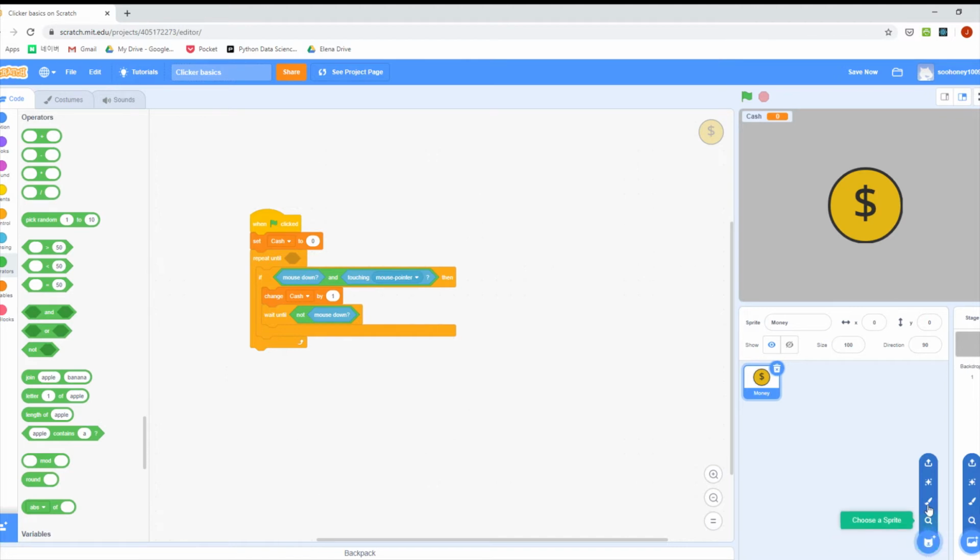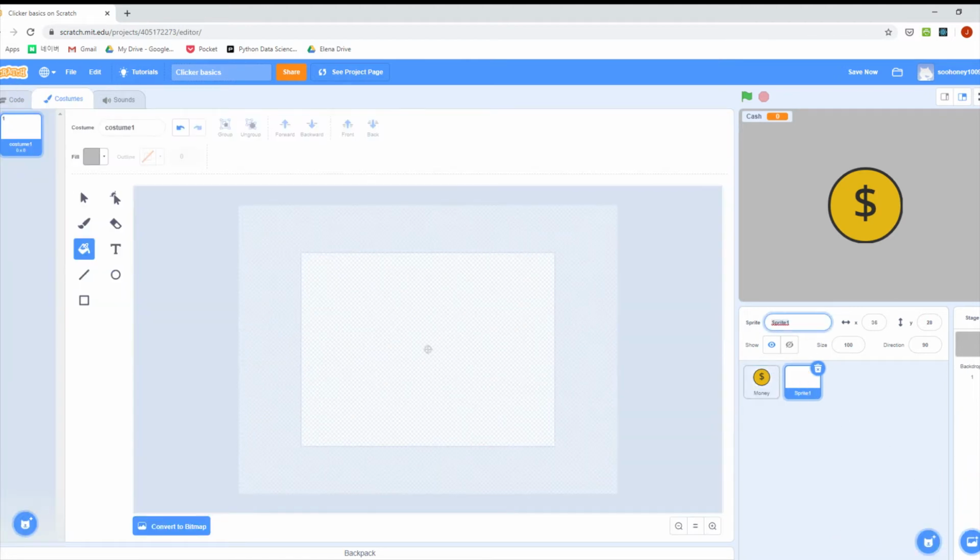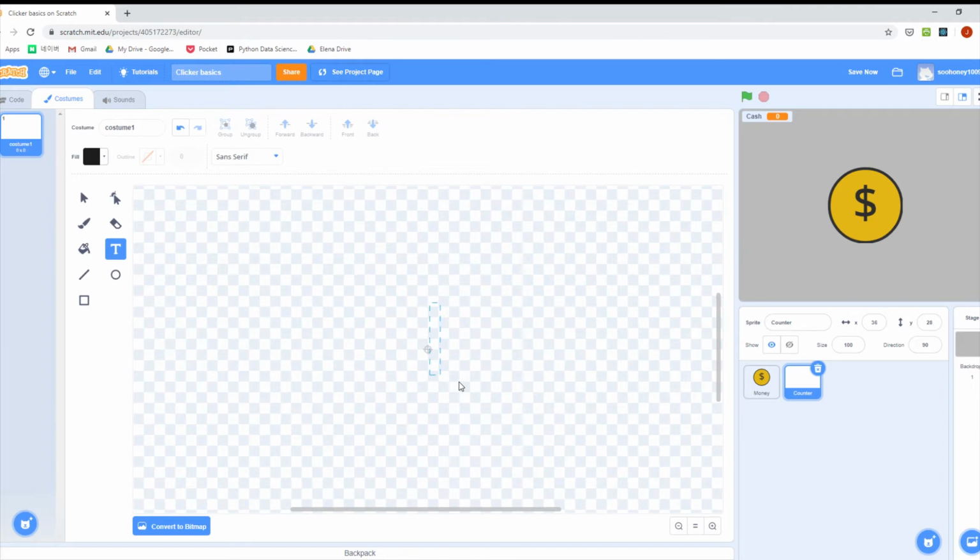Now what you want to do is, as I said, we want to create our very own counter. And for your counter, you want to have something like that. And you want to write 1. Name the costume 1. You want to center your 1. Now keep on writing till 9. So 1, 2, 3, 4, 5,